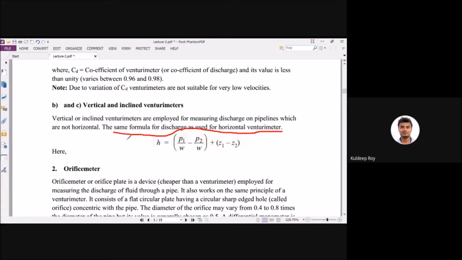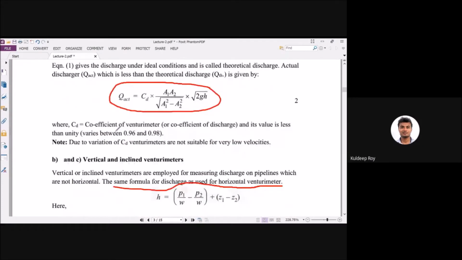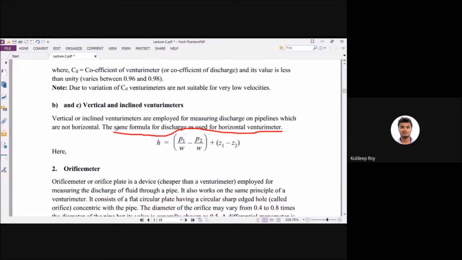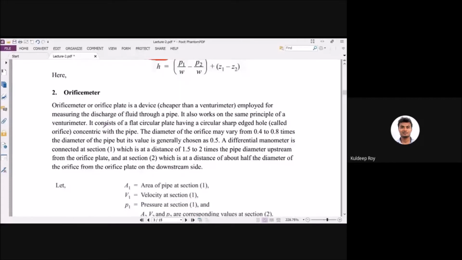So you have derived the discharge coefficient, and you have determined how much will be the actual and theoretical flow for the venturi. Now we will move ahead to the orifice meter. As we discussed in the last lab lecture,